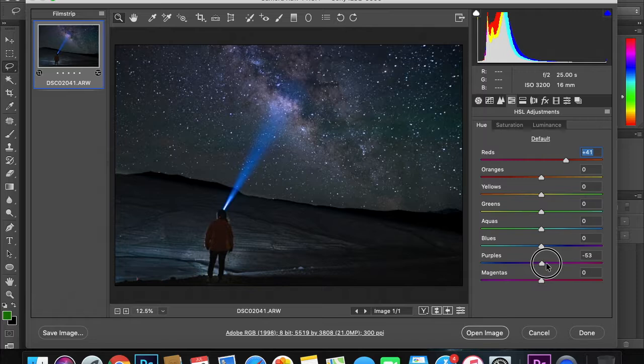Purple, let's push it a little bit towards purple. And magenta, just try adjusting. If it doesn't change, it's okay. And yellows is almost there in all Milky Way, but here you can see a reddish orange tint, and just change the orange. If you change the orange here, the dress of this person would also change, so keep it like that. Saturation, just push up the reds, oranges, magenta,